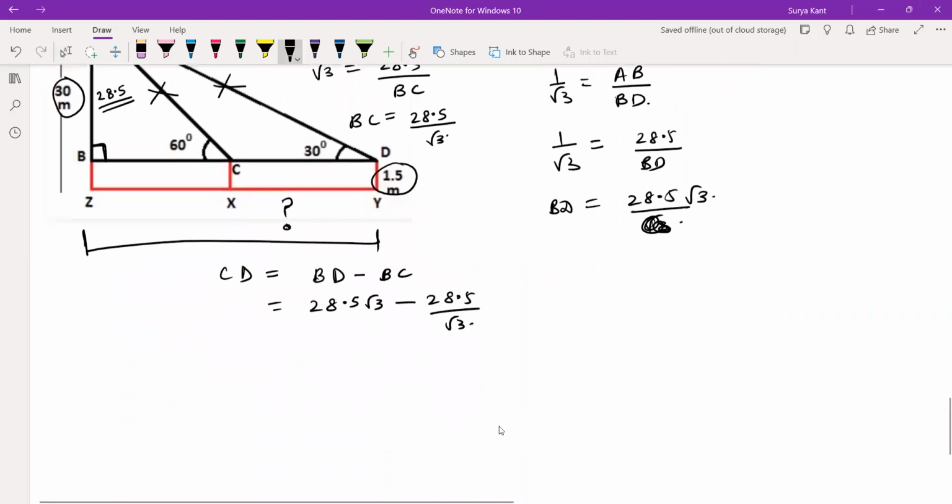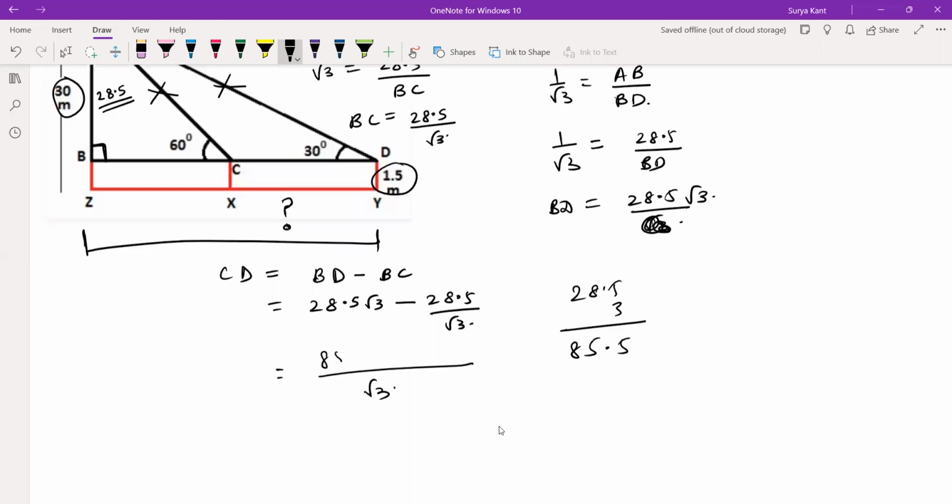Now take the LCM over here. √3 is the LCM. 28.5 √3 times √3 becomes 28.5 into 3. 5 threes are 15, 8 threes are 24, plus 1 is 25, so 85.5